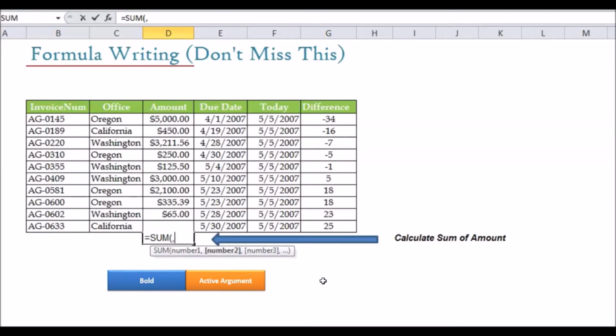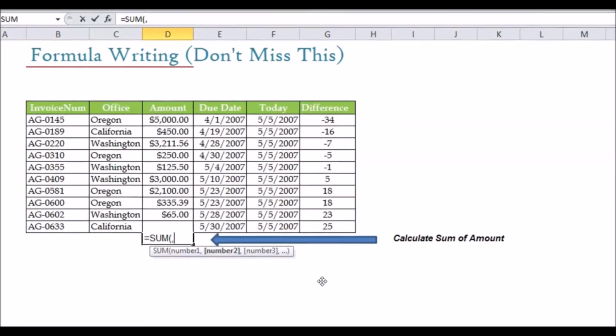Now this doesn't seem very important in these small formulas, but if you talk about major formulas like nested formulas, which we're going to do in subsequent videos, it means 6, 7, 8 formulas in a single formula. At that point of time, we sometimes forget where we are standing and we forget to put a comma, which leads to an error. So to avoid that, it is very important to know where we are standing in a formula.